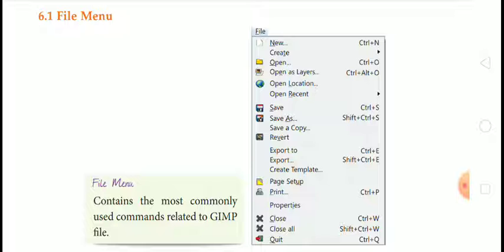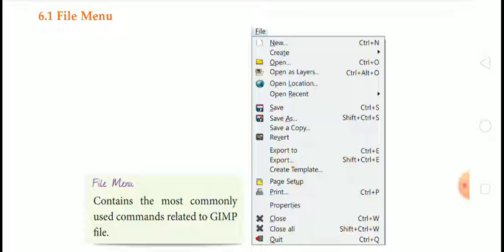Suppose you have made an image and made some changes in that, and now you want to do another drawing, so you want a new page.